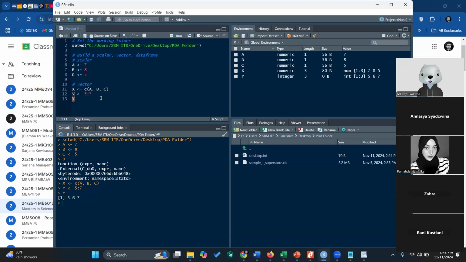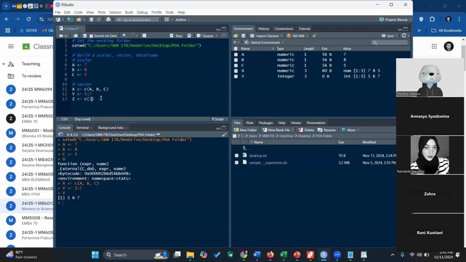I will build another vector, Z, for example, from maybe 8, 9, 10. I can do it this way, but I can also do it this way. For example, let's try.